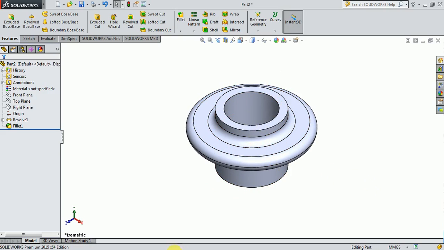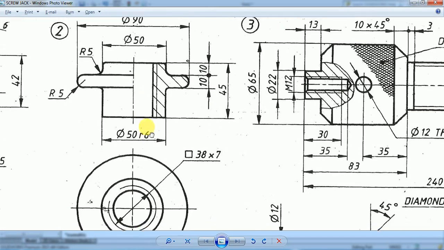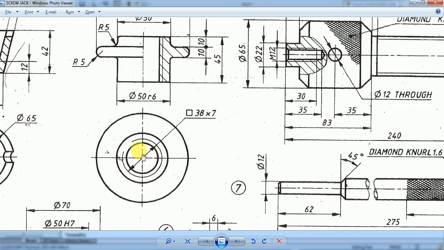But since it is a nut, as I was telling earlier, if you look at this top view, you can see we have a thin partial circle here. So what does this symbol represent? This partial thin circle represents the presence of a thread of diameter 38 mm with